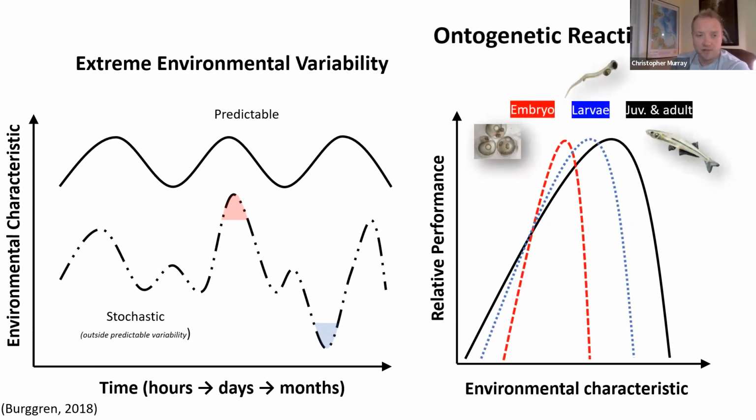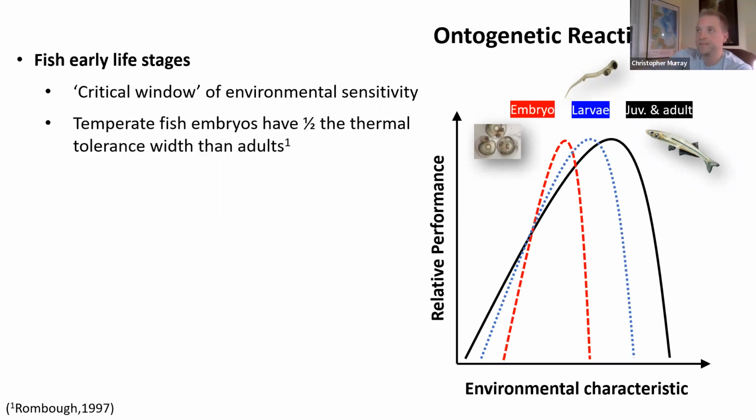So when we want to understand how an organism is going to respond to these acute stressors, we really have to know what are the most vulnerable periods of this organism's life. And specifically with temperature, it's well studied in marine fish that embryos really constitute this period of acute environmental sensitivity, because normally their environmental tolerance limits, so that reaction norm, are much narrower than juvenile and adult stages. And in many cases, the ideal temperature can be quite a bit lower than that of the adult. So for those reasons, we believe that fish embryos constitute this real bottleneck of sensitivity.